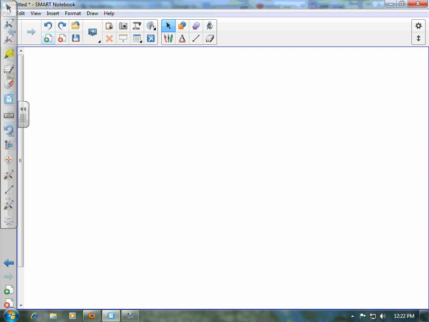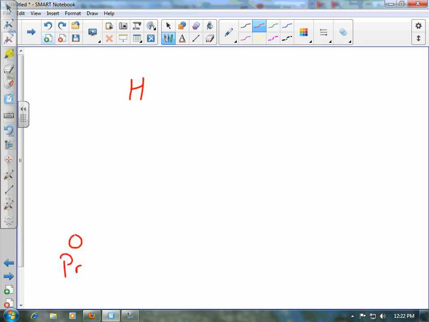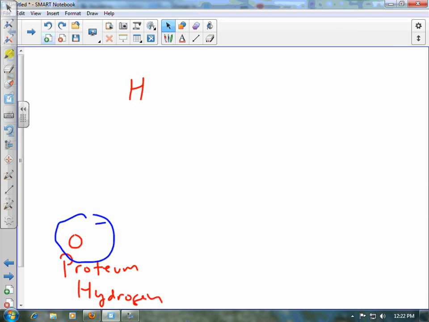So, if you take hydrogen 2, which is deuterium. Now, first of all, the most abundant hydrogen around is called protium. Protium is just a single proton, and it's got an electron around it. And this is the hydrogen that is found in most water. But a little bit of the water is deuterium, and a little bit is tritium.